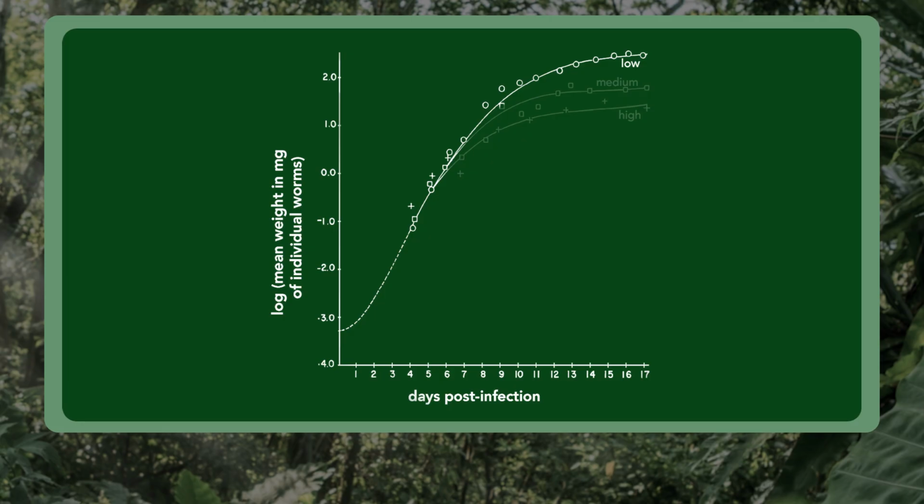You can see that in the lowest density treatments, we have much bigger worms than in the highest density treatments. And that's because not only are these worms being displaced into suboptimal habitat at higher densities, they're also trying to split the pie with a greater number of worms. The more worms there are in the gut, the less there is to go around for everyone, and the smaller those worms end up being. That's what we call a crowding effect.